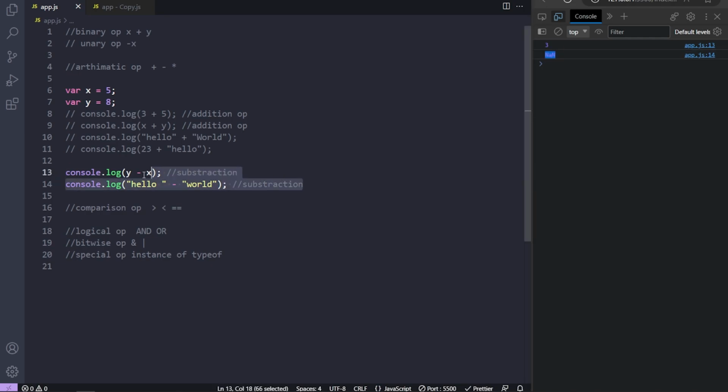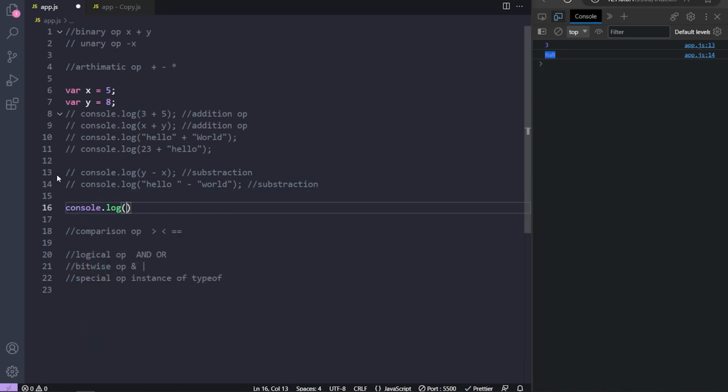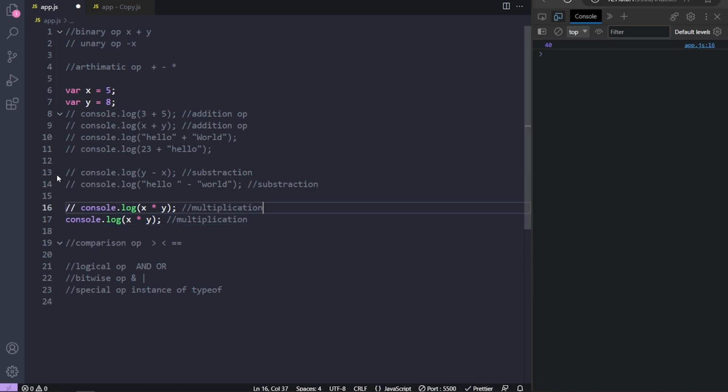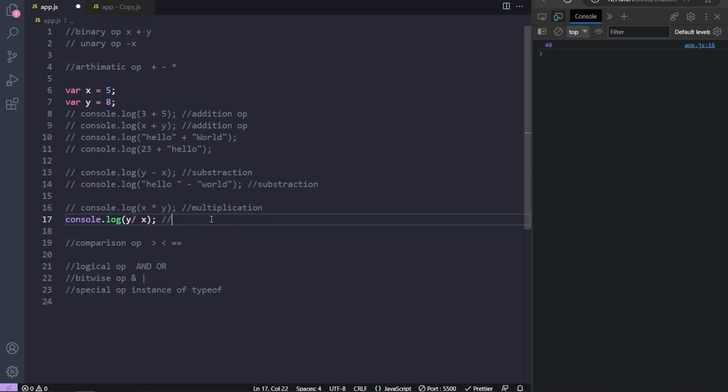Next, we have the multiplication operator. We simply multiply the numbers, like x into y, which gives 40 as the result. Next we have the division operator. We simply divide the first number by the second number, like y divided by x. Now this division operator gives the output as a floating point result, like 1.6. If you require only the integer part of the result, like only 1, you can use parseInt or